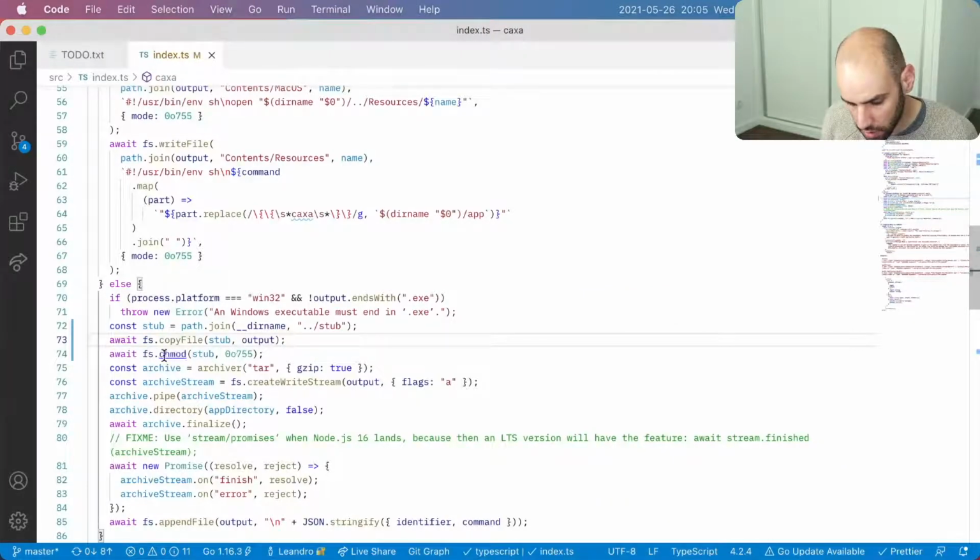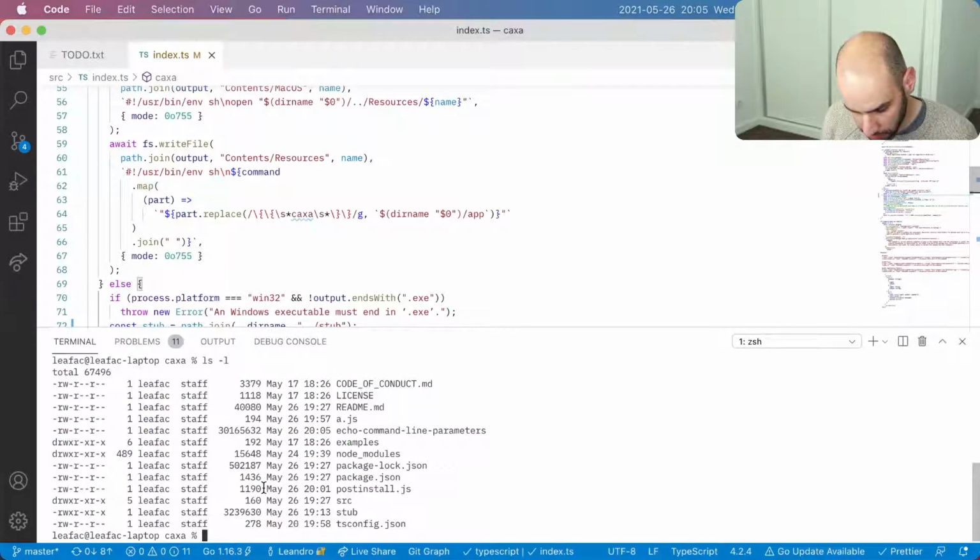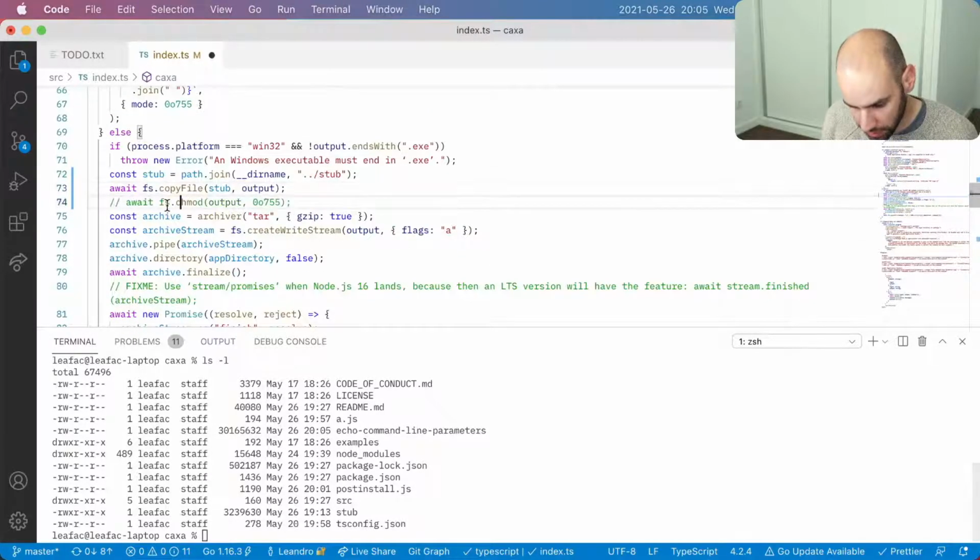What gives? Oh, I am doing that to the stub, not to the output. In fact, that probably fixed our stub. It did. So yeah, let's go over this again. Suppose that I don't have this line. I'll test the whole situation now.